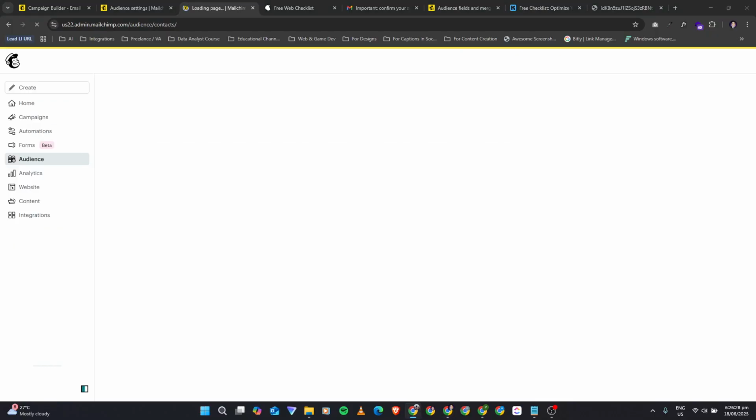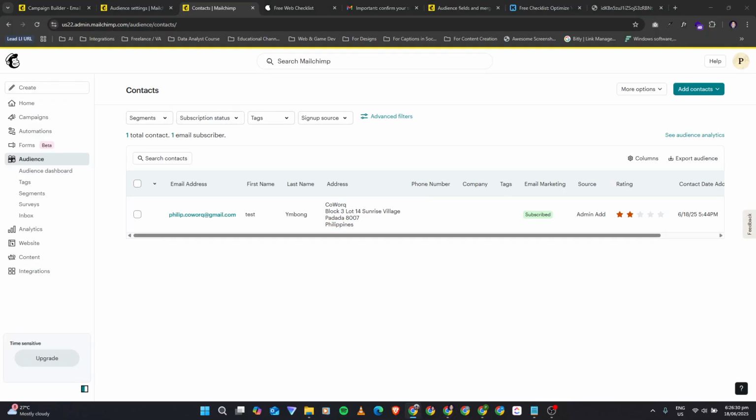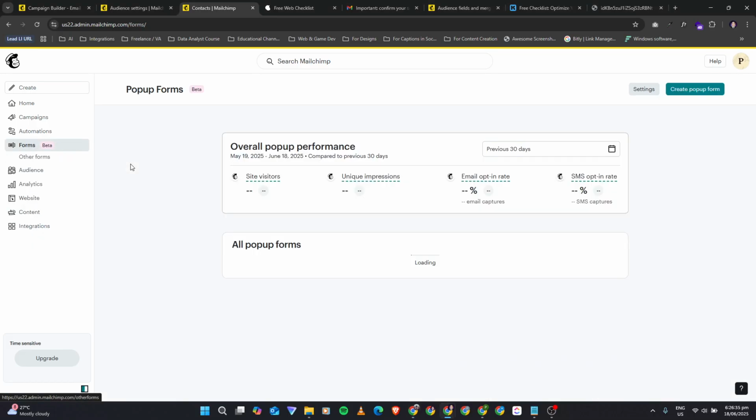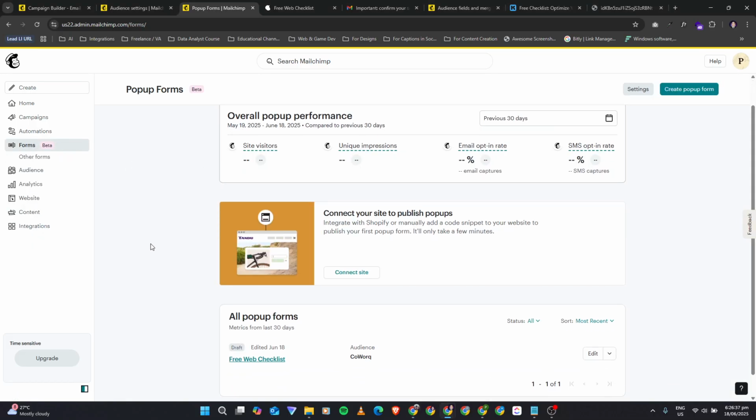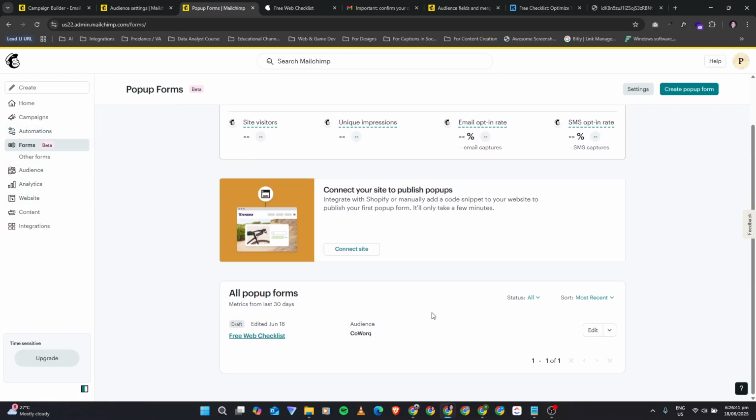So yeah, once you have that, let's not forget that we will also create a form. Yeah, because this form will appear in their email.